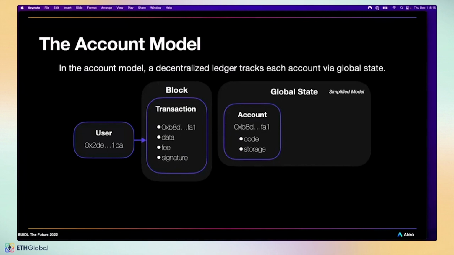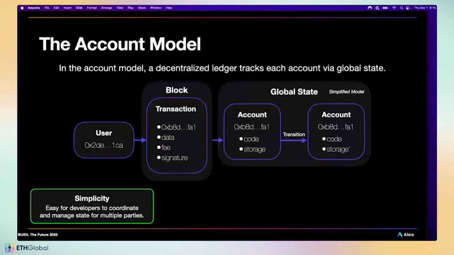When this transaction is included in a block, every node on the network re-executes it and induces a transition on the account state from its original state to a new one. Here in this transition, we see that most of the stuff remains the same, but the account storage, persistent storage, gets updated. Now, this model is actually really nice to work with. It's really easy for developers to understand and write programs that coordinate with each other, manage state, and so on. It's a very simple model, and it's one that we see today